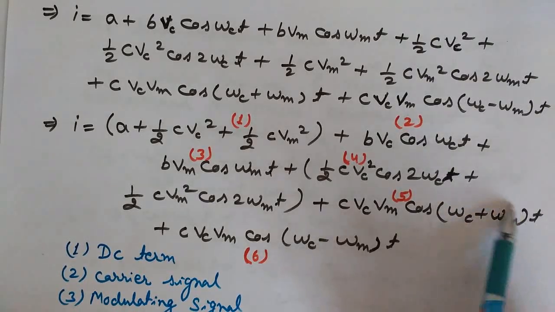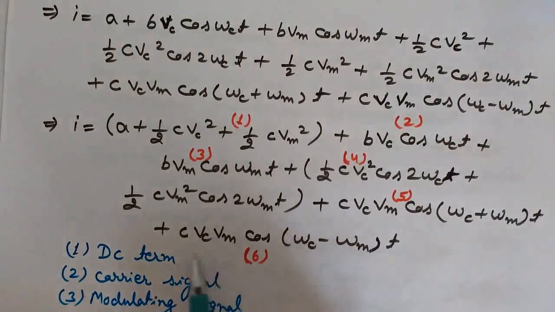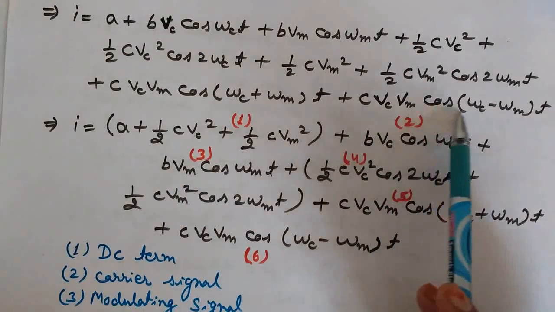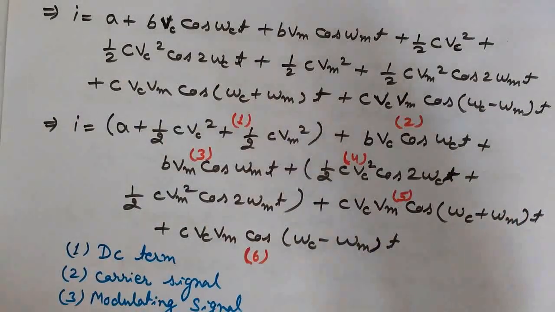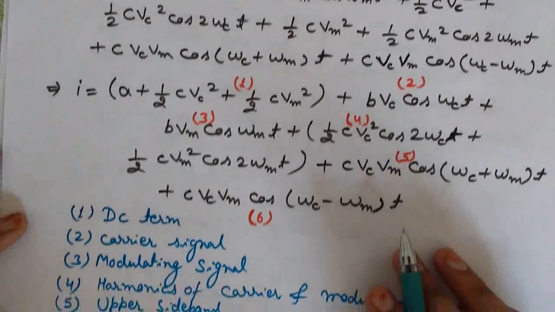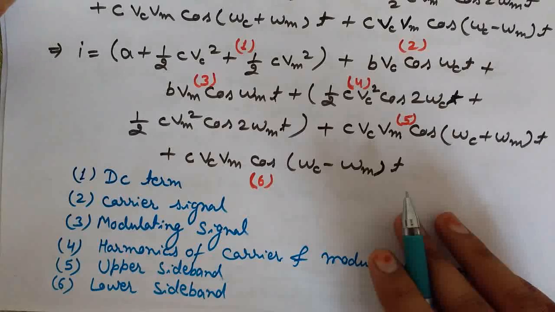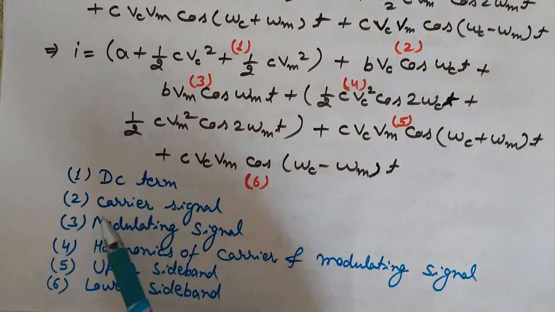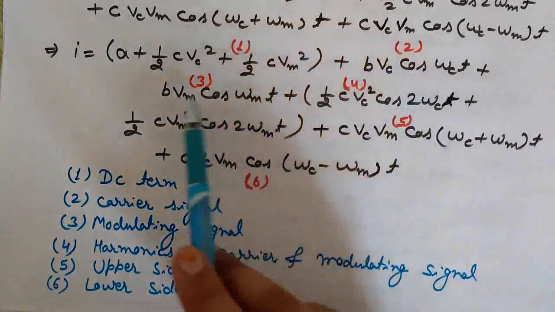Okay, this is omega m, the modulating angular frequency, and this is omega c, the angular frequency of the carrier signal. So the sixth part is CVC Vm cos (omega c minus omega m) t. In this expression you can see that the first part was the DC term, the second part is the carrier signal, easy to notice,